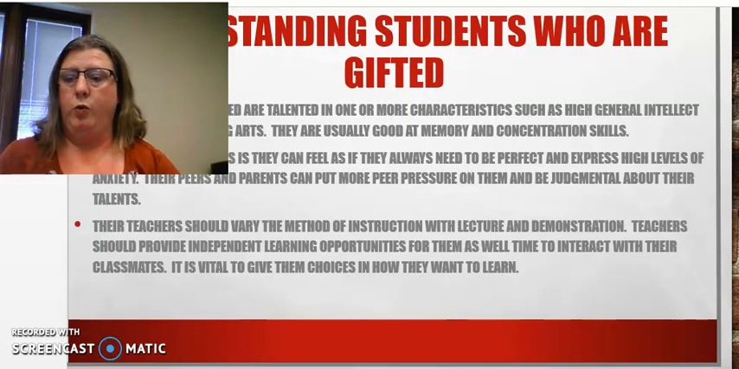Gifted students struggle with basically just feeling like they need to be perfect. They have high education, intelligence, and excel in certain arts. Teachers